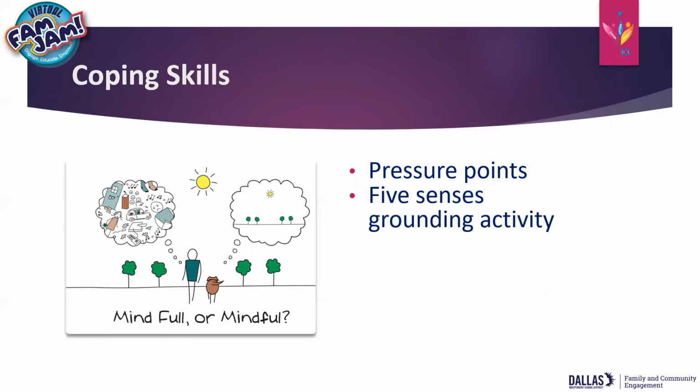Last, pay attention to your sense of taste and notice the taste in your mouth or a sip of water that you've had. Sometimes this can be the most challenging sense in this grounding activity, but you can always think back of maybe a favorite candy, your favorite food. Maybe you can grab a small piece of candy or a gum and put it in your mouth and be